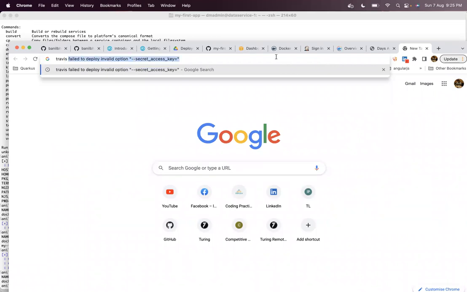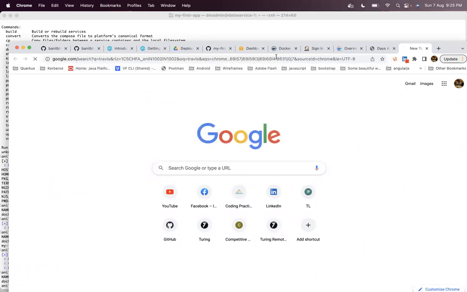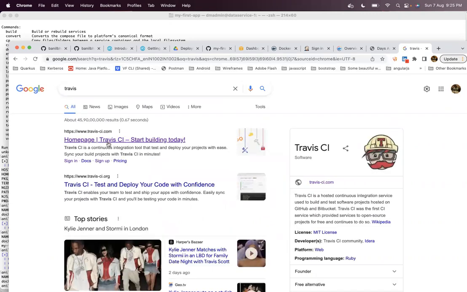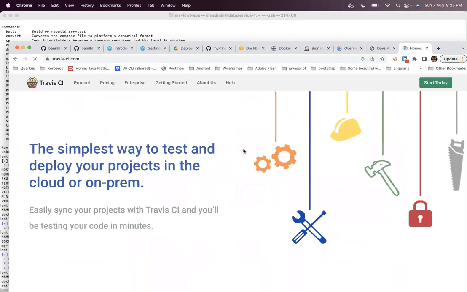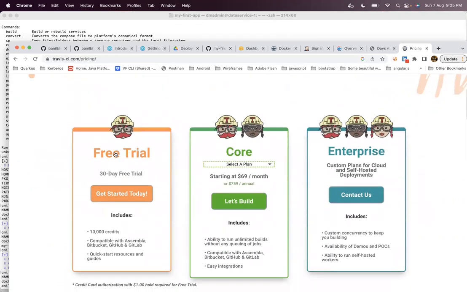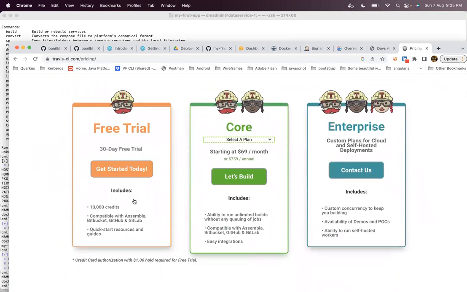So you can actually open your Travis website. Okay, I have already created my account. It will ask for credit card information because it has different plans. You can go for the free trial plan, which is a 30-day free trial, and it is free for all open source projects.